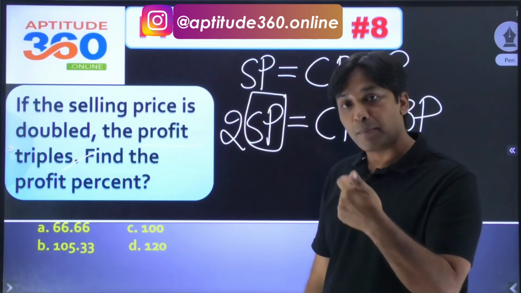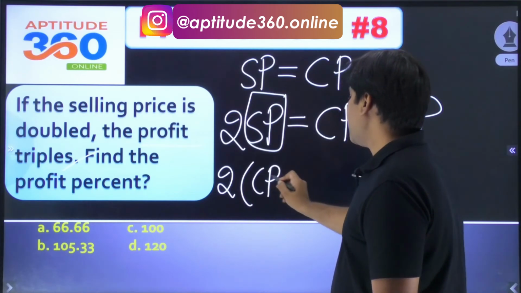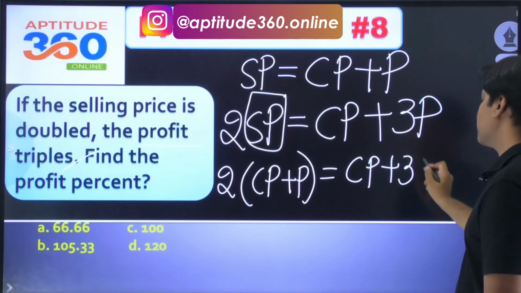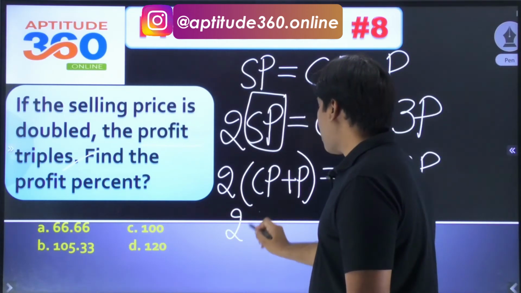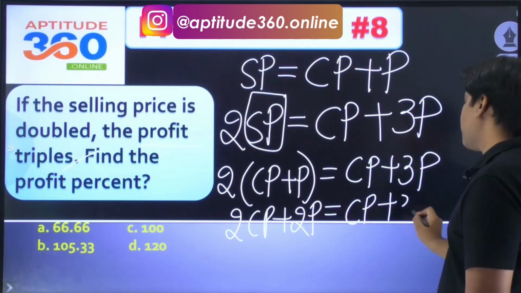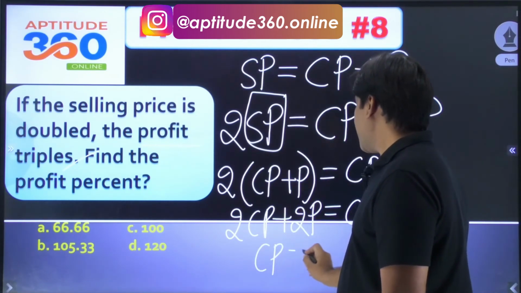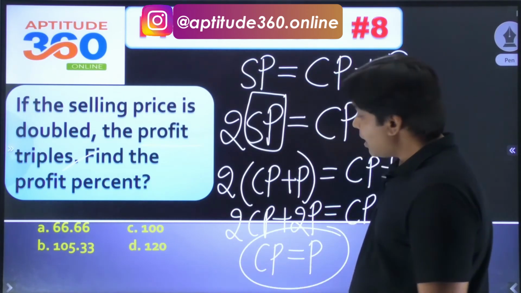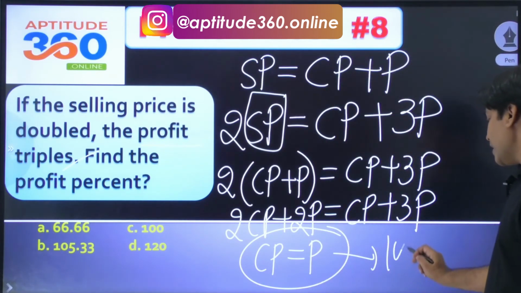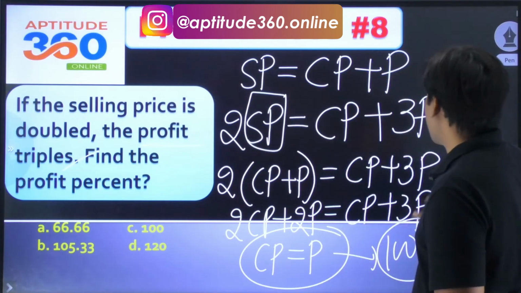भाई प्रॉफिट परसेंटेज हमेशा किस पे निकालते हैं? कॉस्ट प्राइस पे निकालते हैं। तो मैं कह रहा हूँ चलो आप इसको ऐसे लगा लो, ये वीडियो नंबर 4 या 5 में आपने सीखा हुआ है। So 2 times of cost price plus 2 times of profit is equal to cost price plus 3 times of profit. ये क्वेश्चन आपने सीखा होगा, इसको इधर लेके आ जाओ। तो इधर से CP is equal to profit, यानी जितना प्रॉफिट है वो CP के बराबर है। तो आपकी अंडरस्टैंडिंग क्लियर तो होनी चाहिए अब तक कि जो प्रॉफिट बनेगा वो 100% ही तो बनेगा।